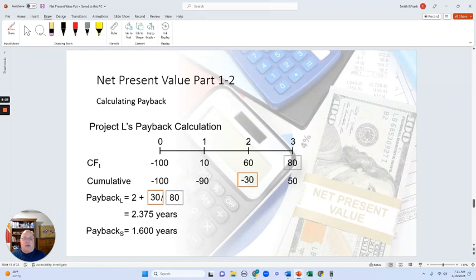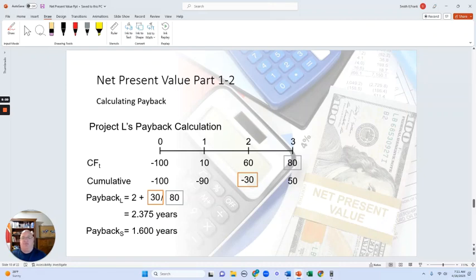So what it turns out to be is the 2 years that you didn't earn the money back, and then a ratio of the money that you earned versus what you still had to pay back. So 30 divided by 80: somewhere in that year you're earning 80, and you're going to get your $30 back. It would actually be 0.375, to be honest. That's why the number comes out the way it does. Basically, it's a ratio of what is still owed versus what you earn that would exceed it the next year. And so the payback for the short term was only 1.6 years,